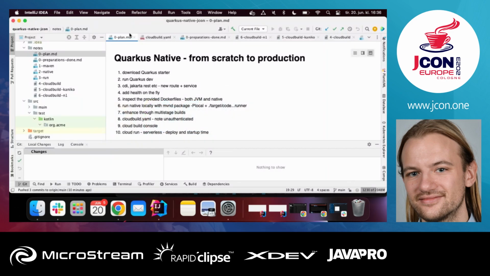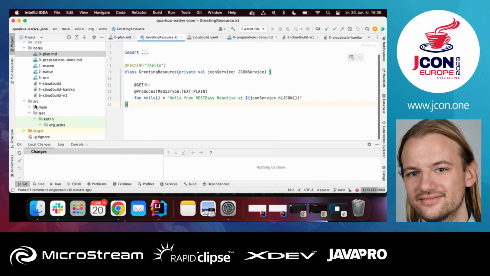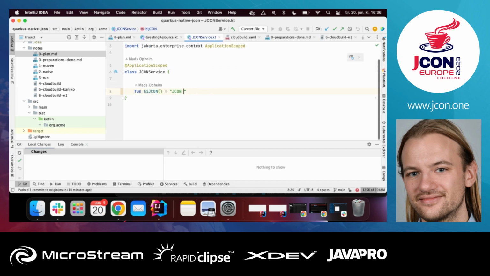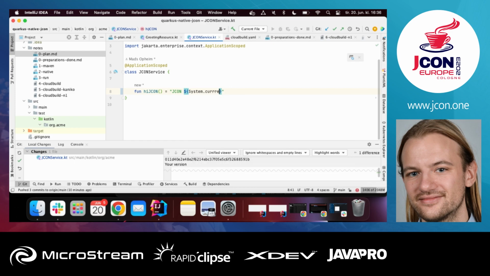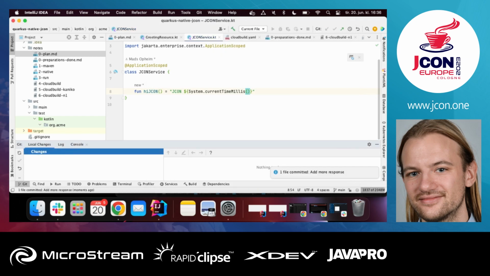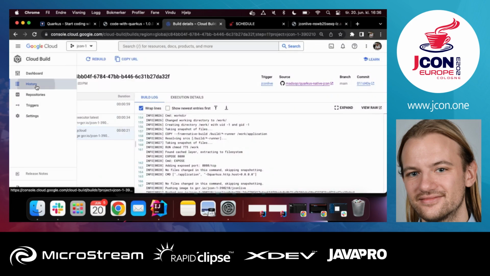So for fun, let's head over to the greeting resource and say hello JCON, and then we can add System.currentTimeMillis so that it differs. Now we push it, so that every time we invoke the endpoint we get something new. And I push it, and now we should see back in Cloud Build that it actually starts